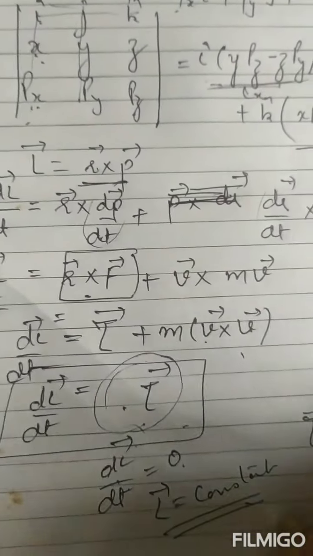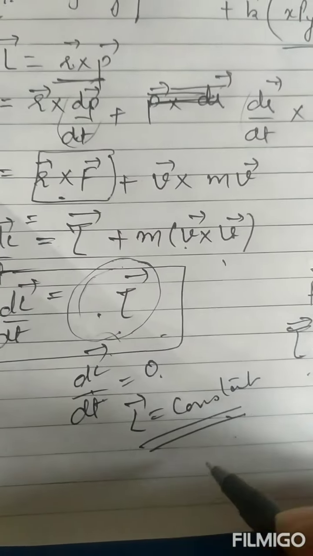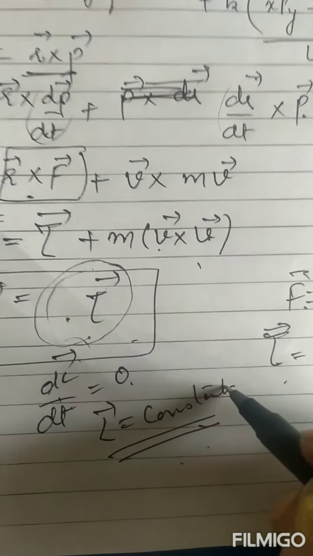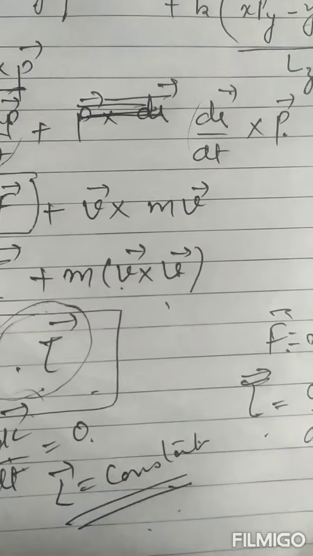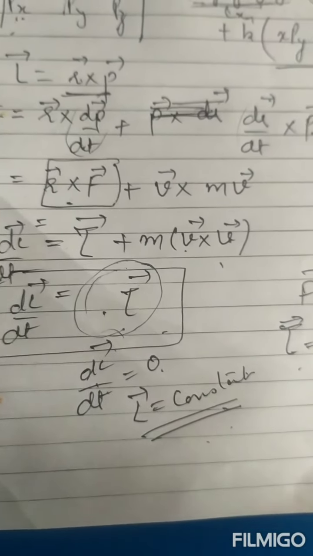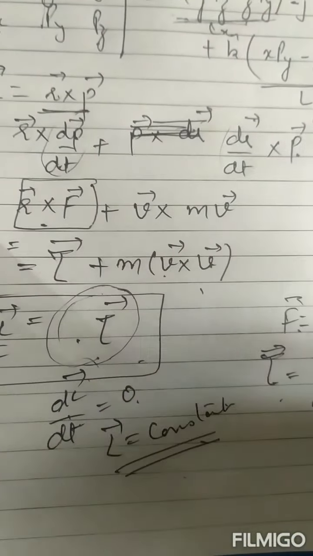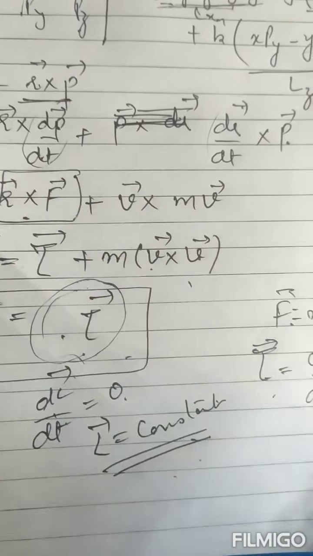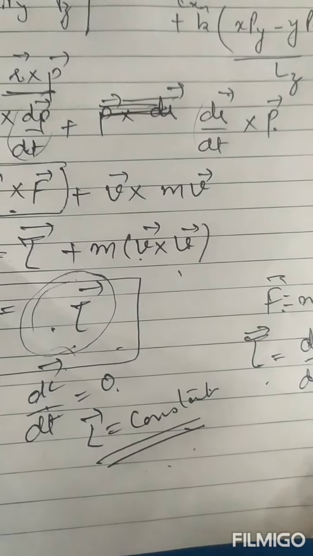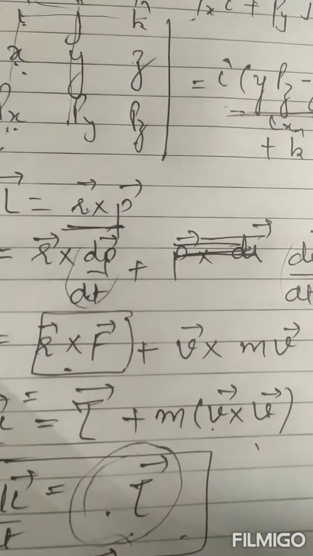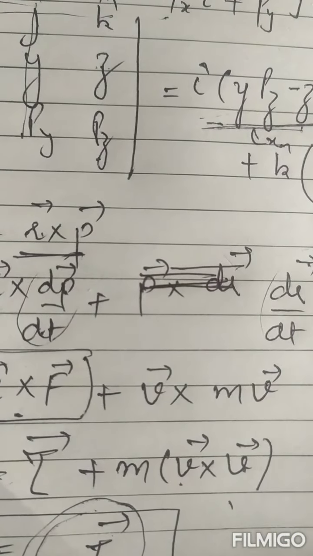For example, a helicopter has 2 propellers instead of 1 in order to conserve angular momentum. If it had only 1 propeller, what would happen? The helicopter would turn whenever it tries to fly. It would not be able to fly. That is why it has 2 propellers, in order to conserve momentum. You can read more applications in conceptual questions.